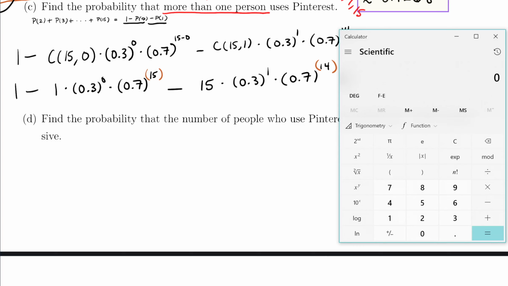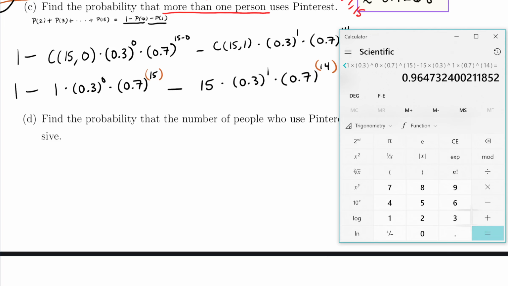So here I'm typing in left to right, 1 minus 1 times parentheses 0.3 exponent 0 times parentheses 0.7 exponent parentheses 15 close parentheses minus 15 times parentheses 0.3 exponent 1 times parentheses 0.7 close parentheses exponent parentheses 14 close parentheses, enter. And here we get